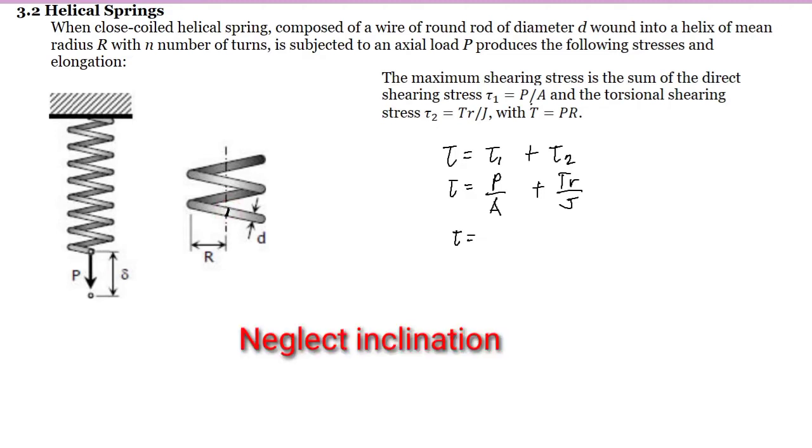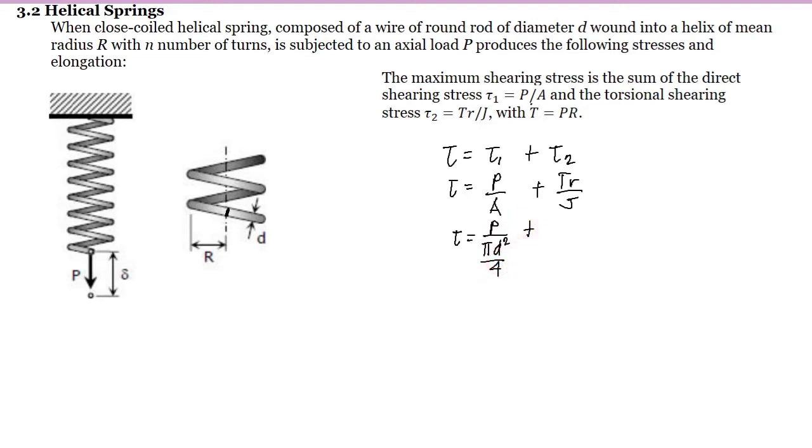The cross-sectional area of the spring is considered as a circle, so circular cross-sectional area. So we have here P over pi diameter squared over 4, plus we have the TR over J, and